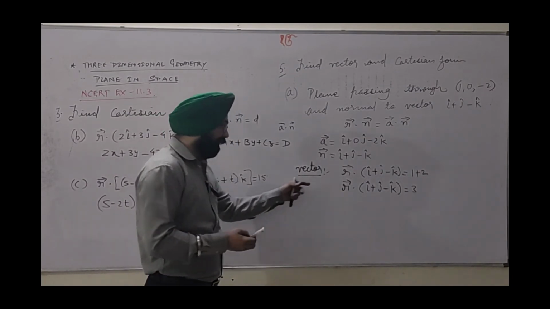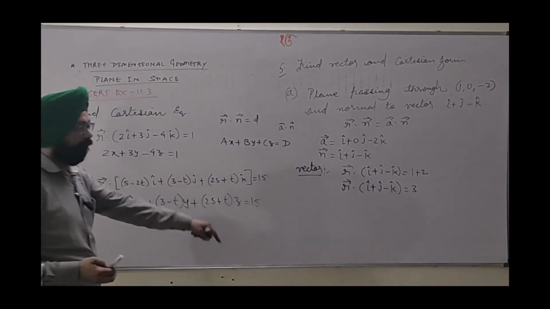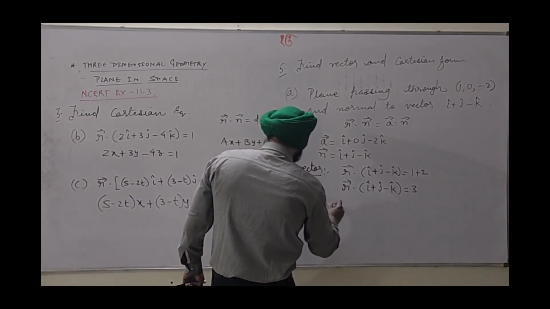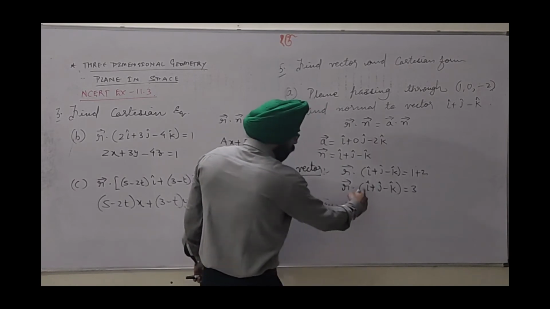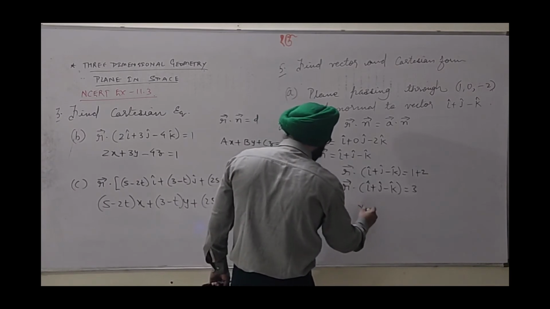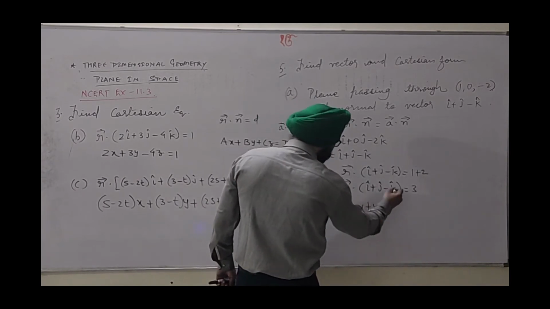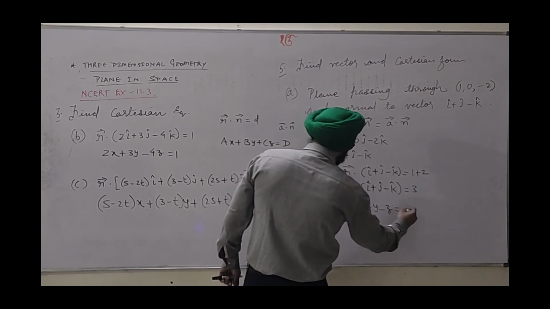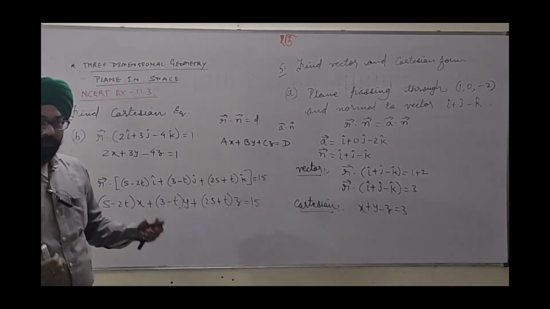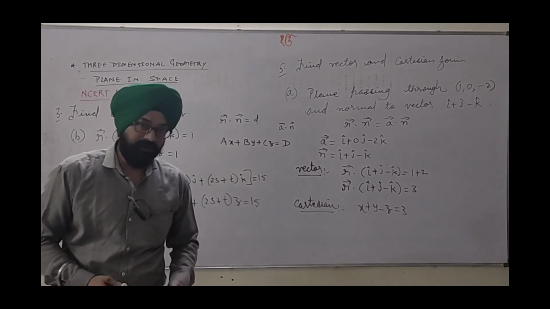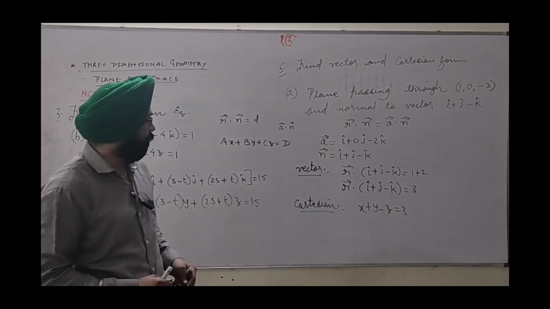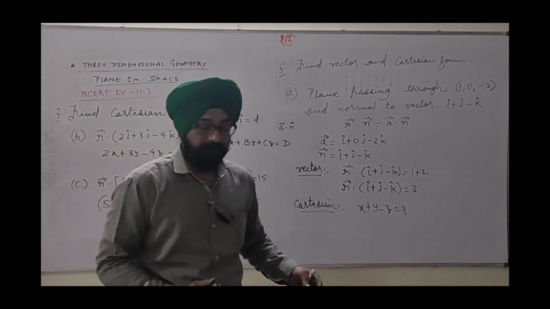Now in Cartesian form, recently we saw how to write it. Here the first component is 1, written with x as 1x, 1y, minus 1z equal to 3. It comes in Cartesian form. I hope all these are convenient to you. I will explain further with more patterns from the same exercise.